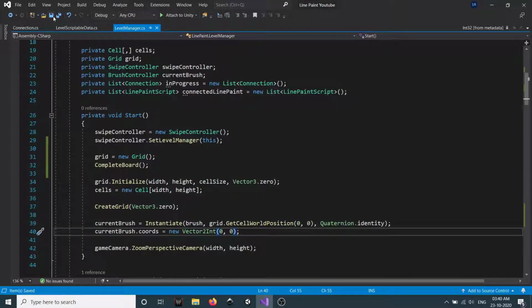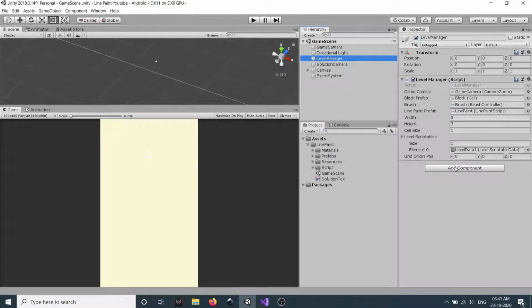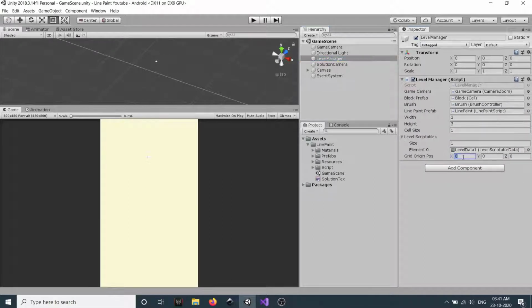So if we save all this and go back to our editor, let's click on level manager. So the grid origin position, we know our solution camera is at 60, 50. So in our level manager we set our x to 60 and leave y and z at 0. And if I click on play, we should be able to see our solution here.